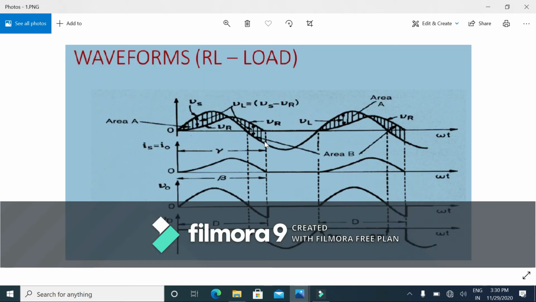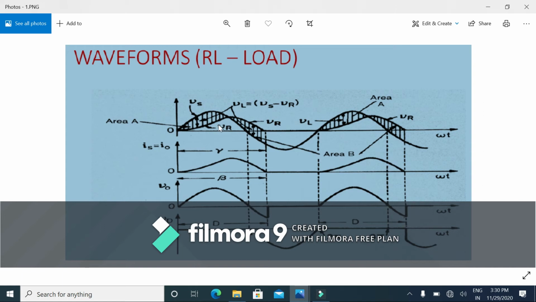Again I'm showing you, this represents the source voltage, and this is the source current. The peak of this current will lie somewhere between pi by 2 and pi, and the current will extend beyond pi. The value of this beta, that is the extinction angle, depends on the value of the inductor. The higher the value of the inductor, the higher the beta; the lesser the value of the inductor, the lesser the beta. This beta is the same as the conduction angle gamma. Up to this point, our diode is conducting.